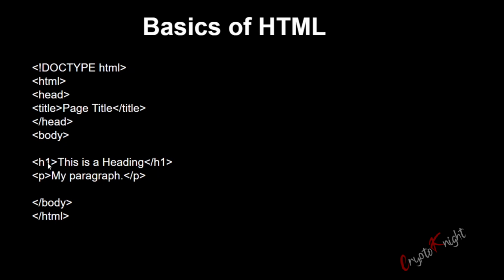Now the h1 tag is the heading tag and there are 6 types of heading, h1 to h6, like h1, h2, h3, h4, h5 and h6. h1 is the largest heading and h6 is the smallest heading in terms of size. P stands for paragraph. Similarly, there are other tags like b which stands for bold. Whatever you write inside b, it will be bold and so on. So let's see an example.